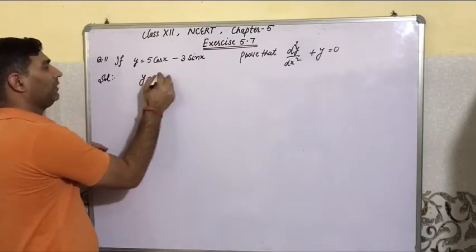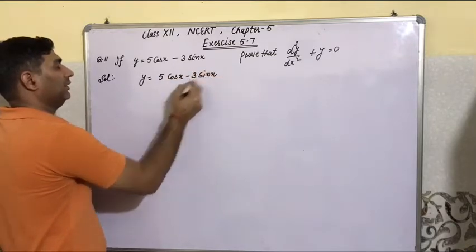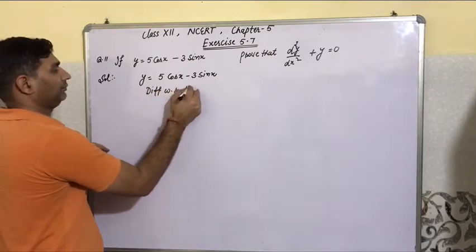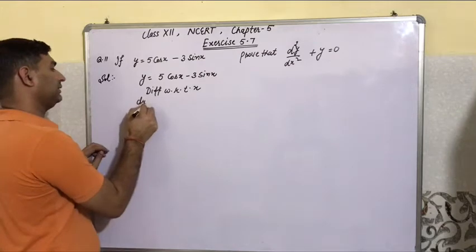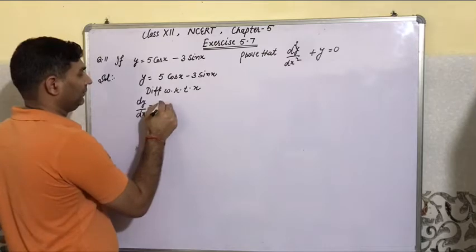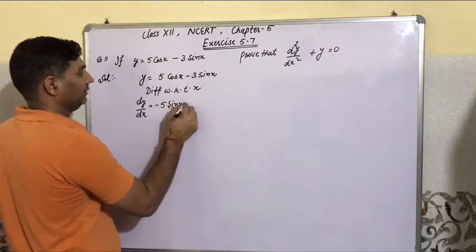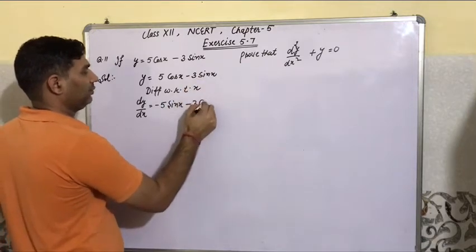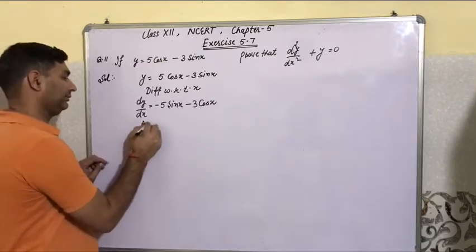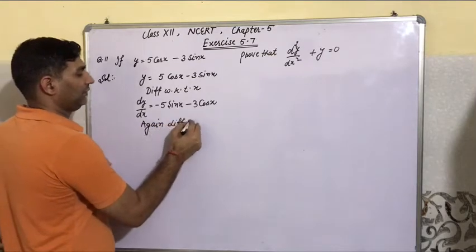Then first solution, y is equal to 5 cos x minus 3 sin x. Differentiate with respect to x, then dy by dx is equal to 5 cos term, cos का डेरिवेटिव minus sin x, minus 3 sin का डेरिवेटिव cos x. Then again differentiate with respect to x,